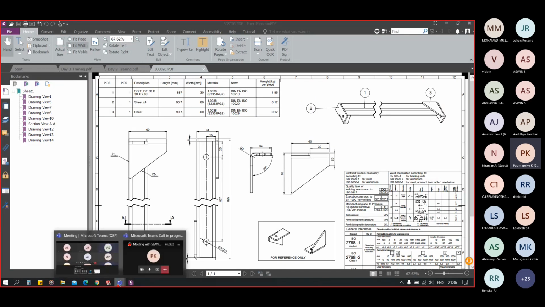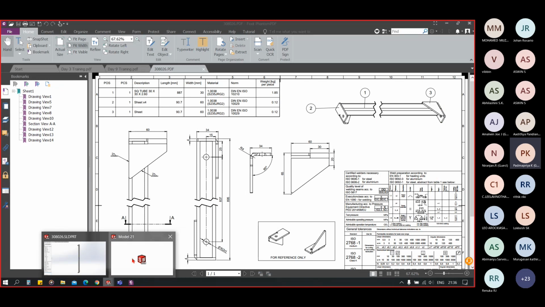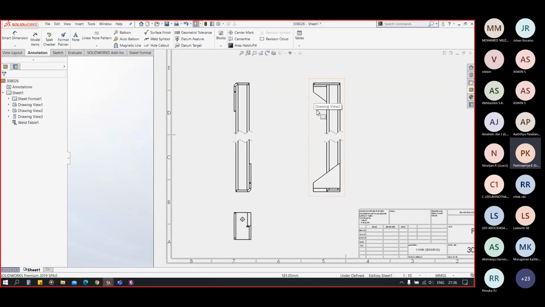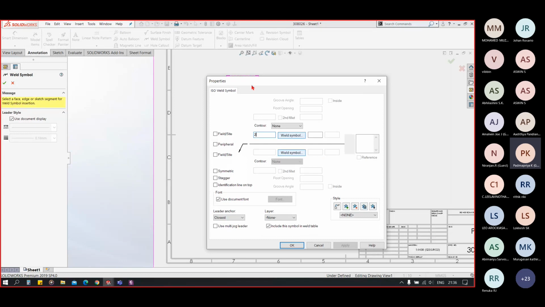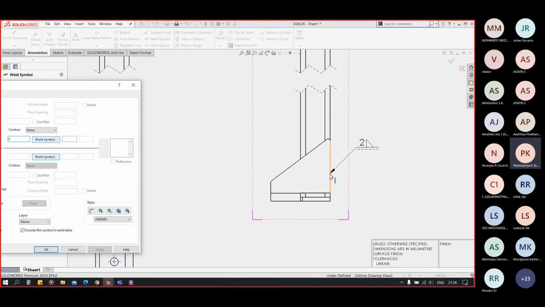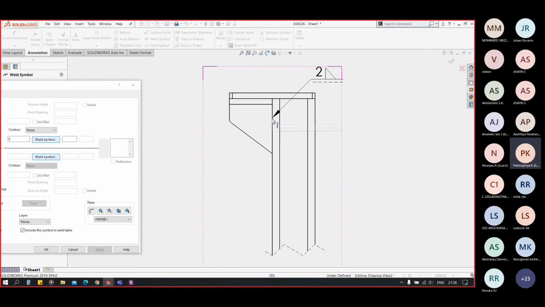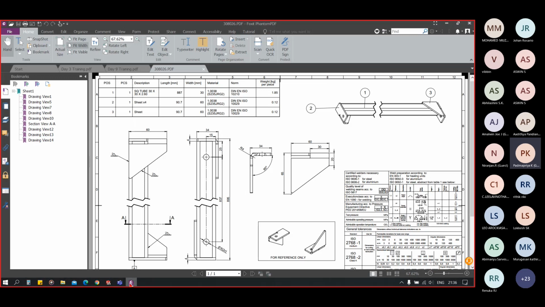This edge. Now in the weld symbol, we will be having our fillet weld of 2 mm on this edge, also this edge, this point.